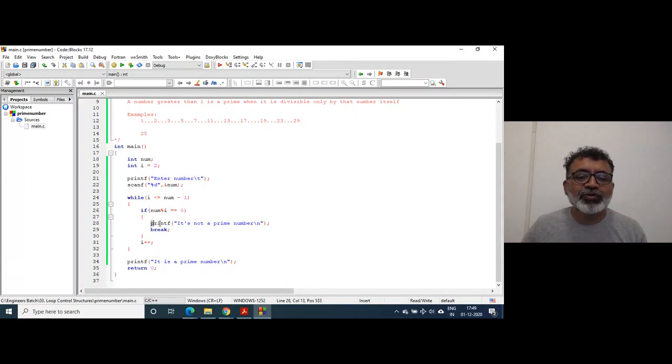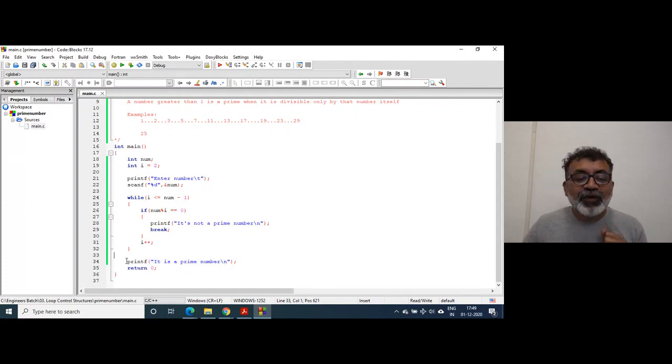So it tells you it is not a prime number. Control breaks, so it is not checked for 3, 4, 5. But the problem is that control reaches here and gives you that it is a prime number. So our concern is when this statement is executed, this should not be executed.